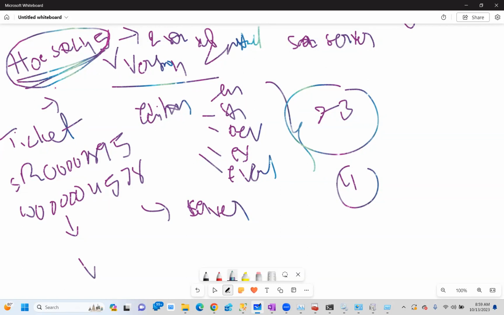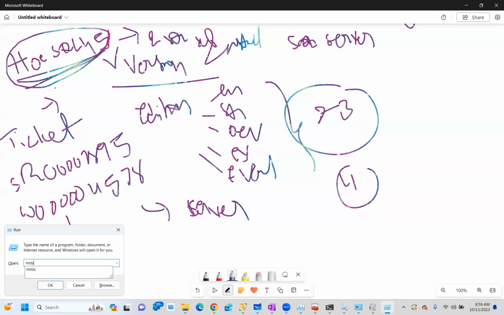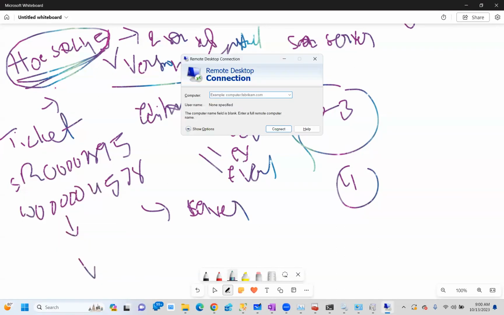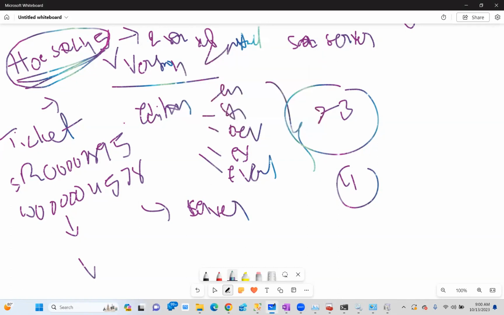Why? Because first you need to verify whether you have access to the server or not. That is the first thing. First thing, connect to the server. How will you connect? MSTSC. Enter, provide the server name, provide your username and password. It will connect to the server. In case you don't have access to the server, within this SR, within this work order, you can create the task